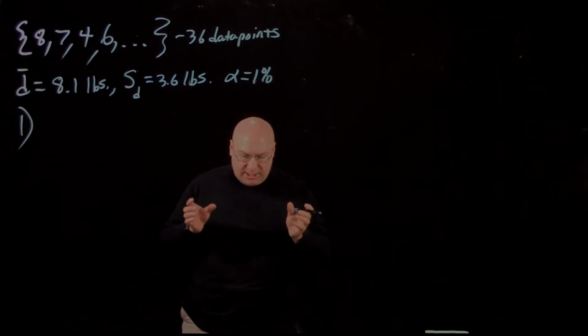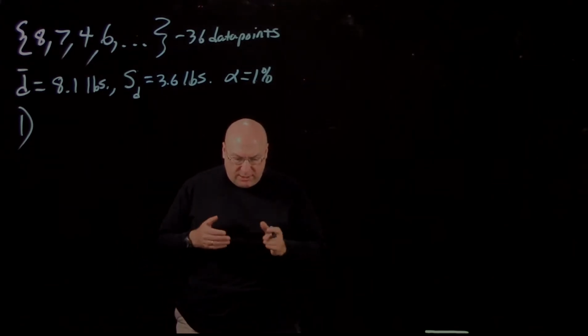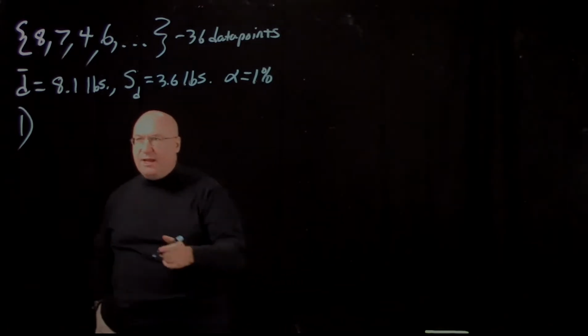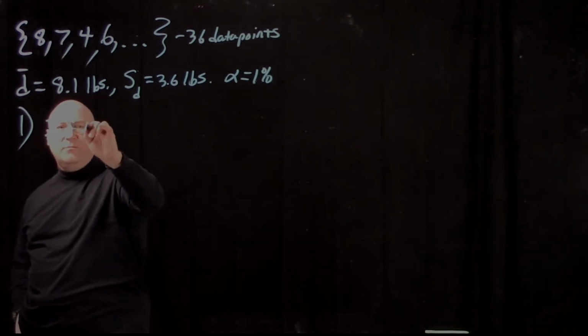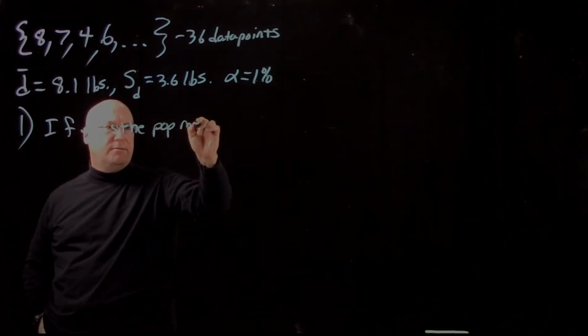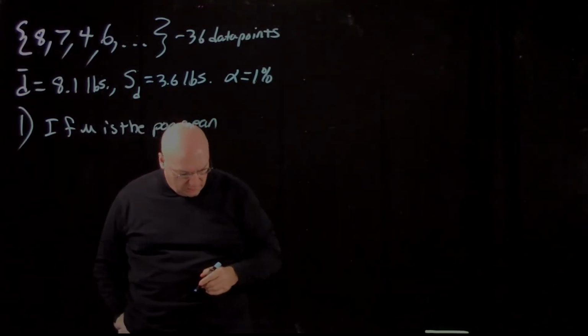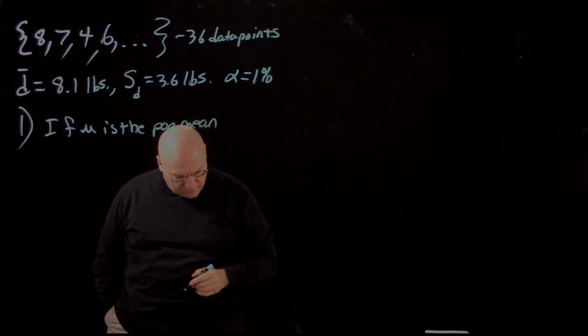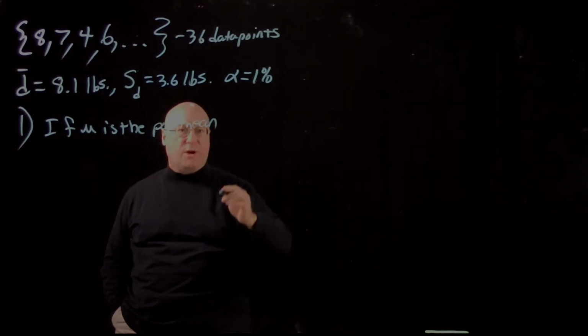On average, of course, means we're going to get a mean. What it really means is that if mu is the population mean of right minus left arm strength,